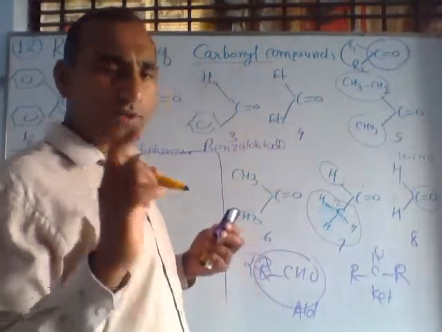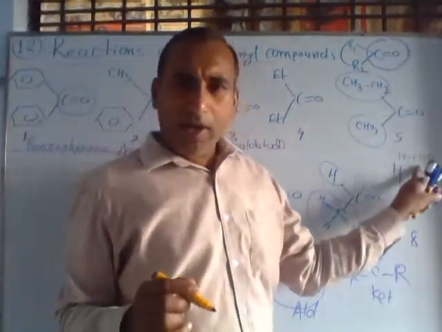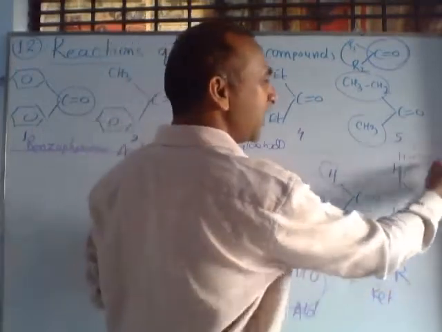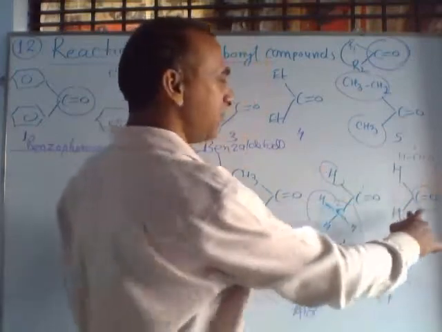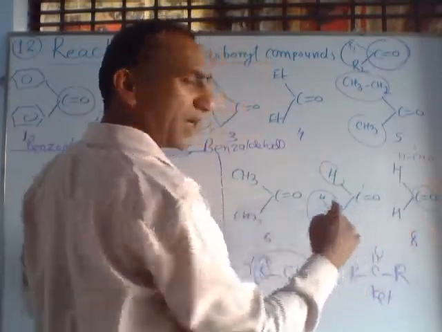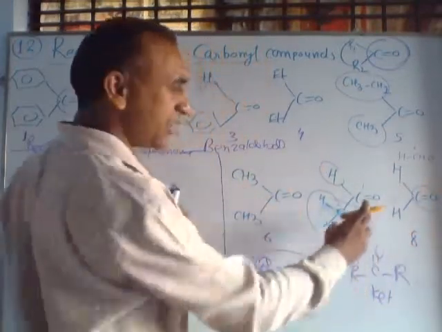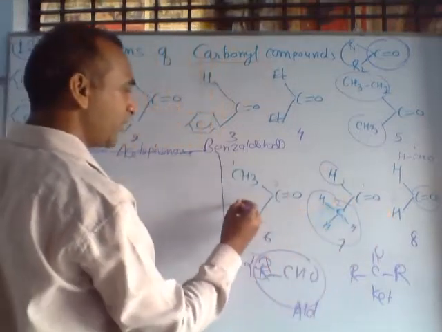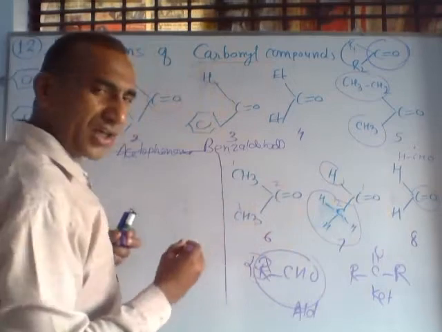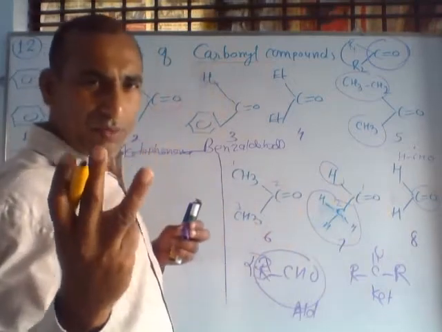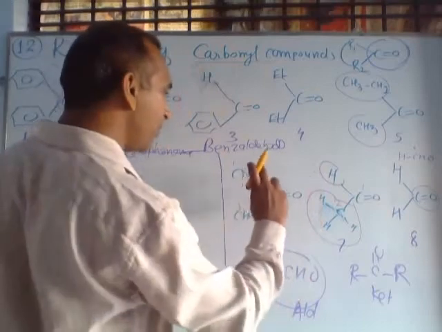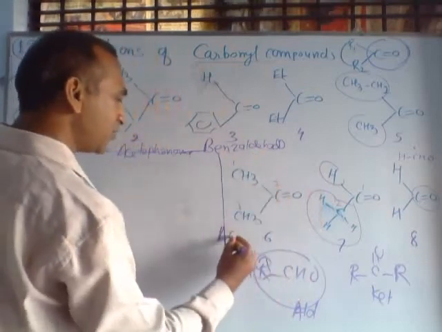Now ready for the IUPAC names. Formaldehyde is called methanal. One carbon is methane and the group is aldehyde, so this is called methanal. Here two carbons are called ethane and the last is al. This is called ethanal in the IUPAC system. In IUPAC, 1, 2, 3, it has 3 carbons. So a 3 carbon system is called propane and with the last one, one, this is called propanone. Propanone is also known as acetone.